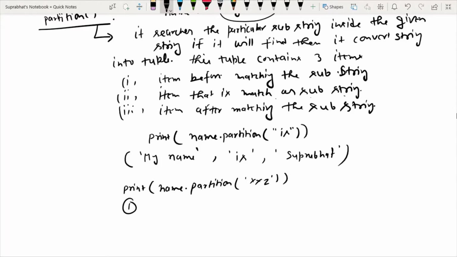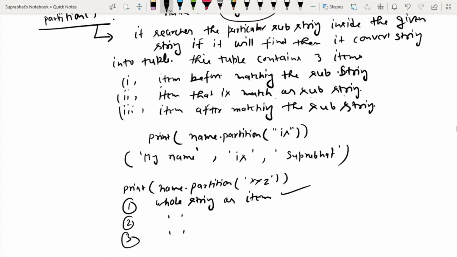In this case also it will divide into three parts in a tuple. The first part of the tuple is the whole string as an item, and the second part is a blank string, and the third part is also a blank string.